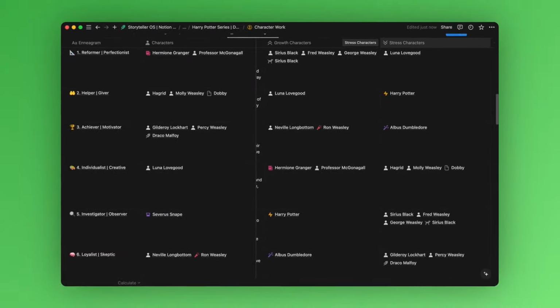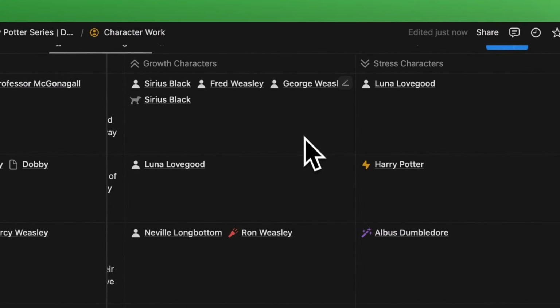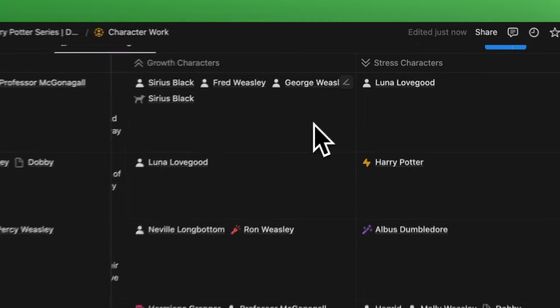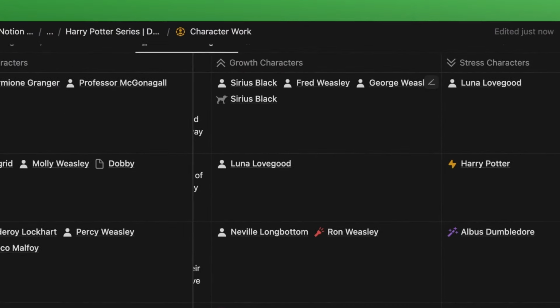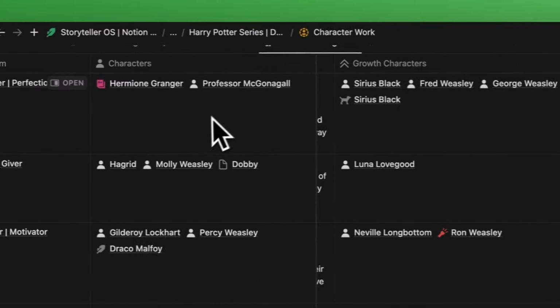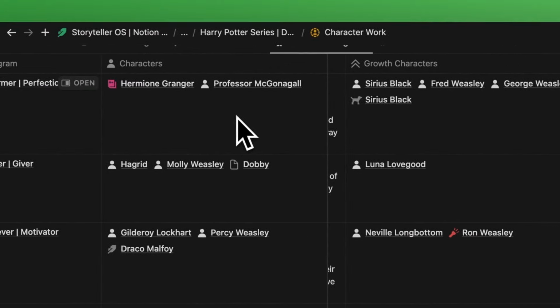Each Enneagram has a path of healthy growth that requires the good qualities of another corresponding Enneagram. This growth characters property shows characters who are the corresponding Enneagram that is meant to be the healthy growth direction for this Enneagram. You can use this property to discover characters who could be a good influence in character growth for the characters of this particular Enneagram.